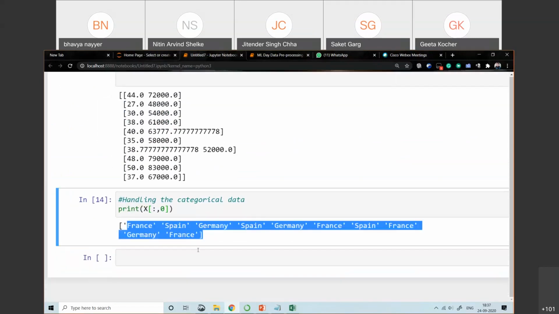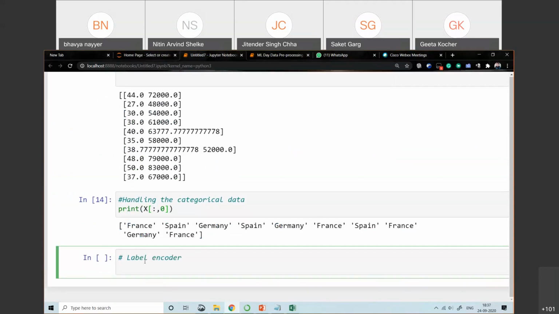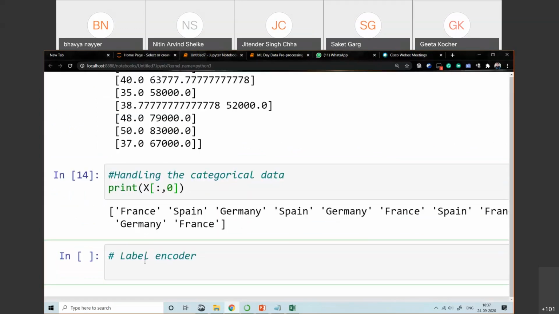Let's start with the first one, that is called the label encoder. The first step that we have is the label encoding. You can do the label encoding by using the LabelEncoder class, which is present in the sklearn.preprocessing library.